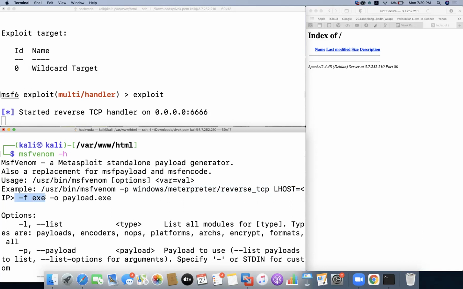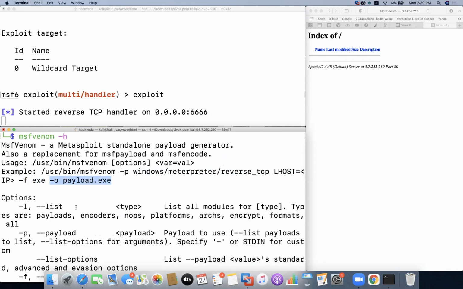So by default it is going to be executable type. Okay. And the name of the payload. There are various other payloads also available. You can use msfvenom -l option to get a list of the payloads. Okay. So you can quickly see what types of payloads are available and you can use one.